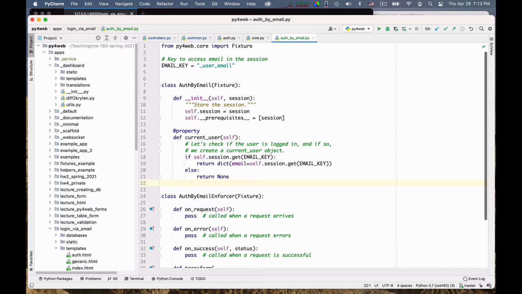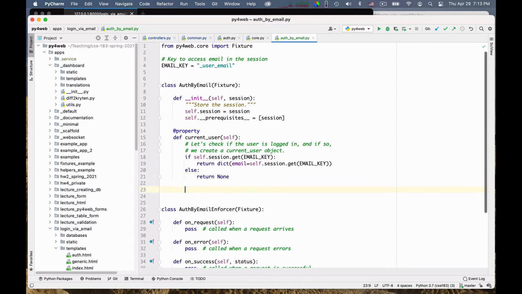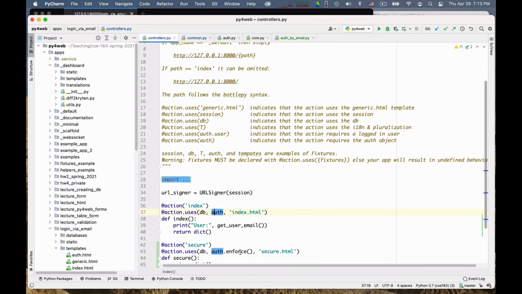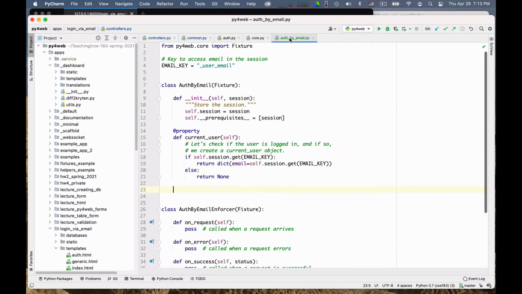Now the other thing is that I want that when you say enforce, I want that you get as a result a fixture that is able to do the enforcement. So let me create this part of the behavior, okay?